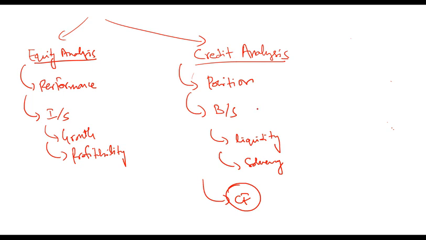What is credit rating? Credit rating is the rating given to a company by third-party agencies based on their credit profile. So a third-party agency, for example S&P or Moody's, will analyze the company's credit risk and will give it a rating, a good rating or a bad rating, whatever it is. And based on that, you can find out, okay, this is a good rating, so the credit profile is good and credit risk is lower; this is a bad rating, so the credit profile is bad and credit risk is high. How do they give the rating, or how does the credit rating process work?